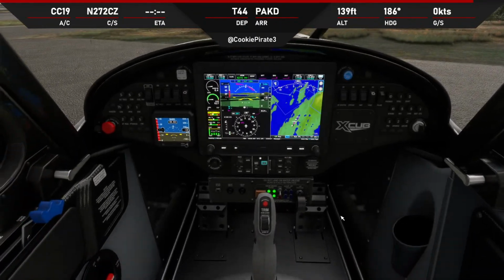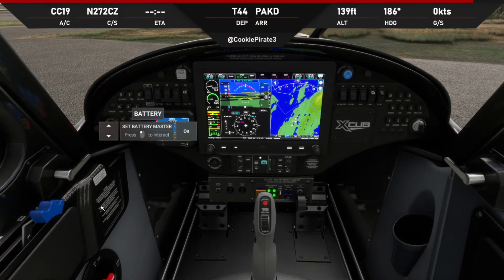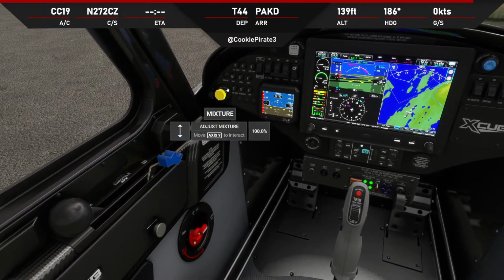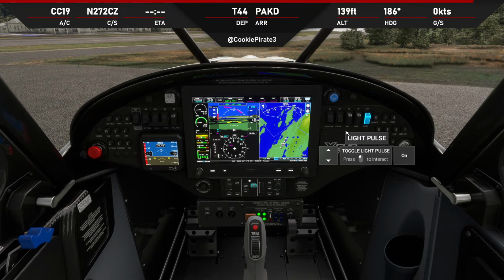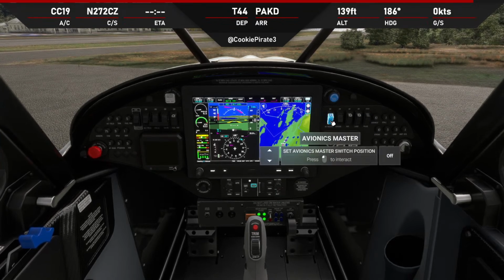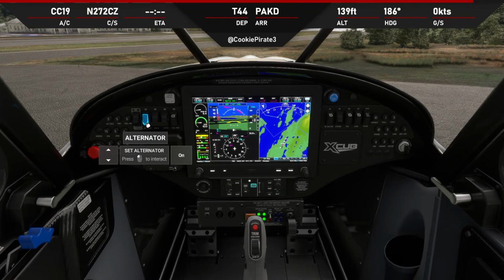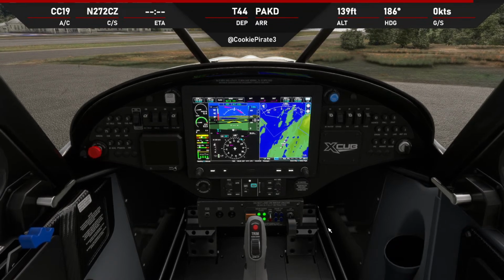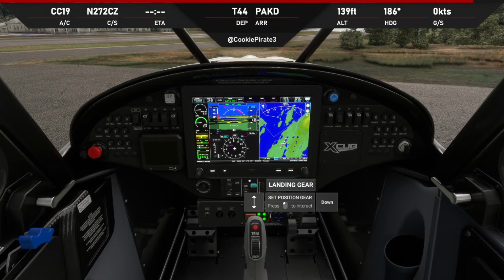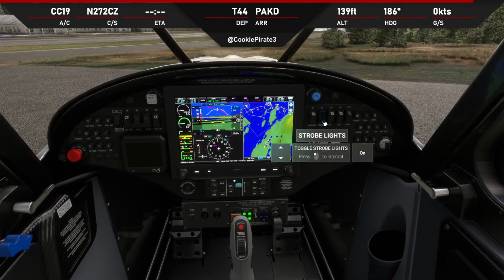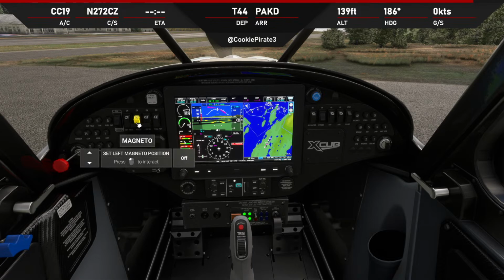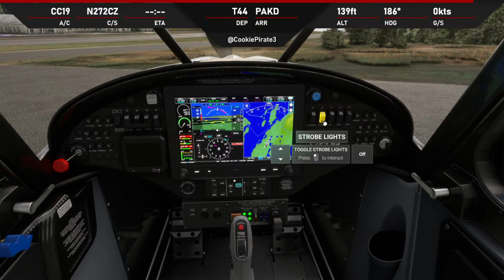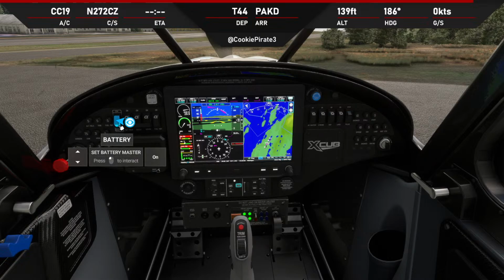Alright, let's go ahead and do a shutdown. So what that's going to be: prop goes full forward, mixture stays full forward. Let's turn the nav lights off. Avionics master. Turn the alternator off. Gear up, autopilot's disconnected. Idle cut off. Right, the engine is stopped. Magneto's off. Strobe lights off. And last but not least,